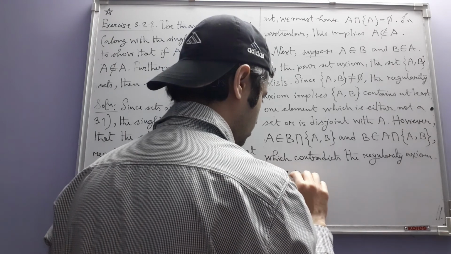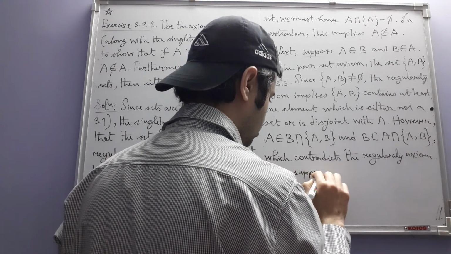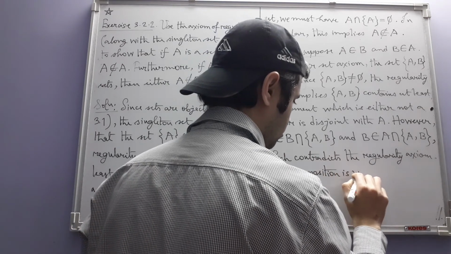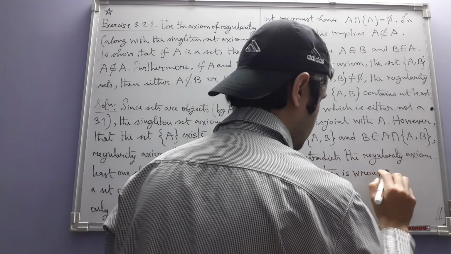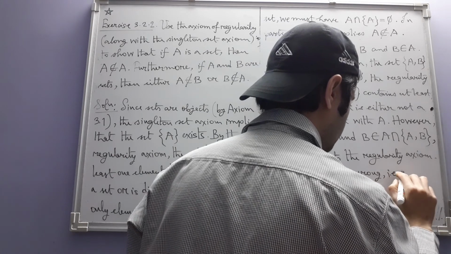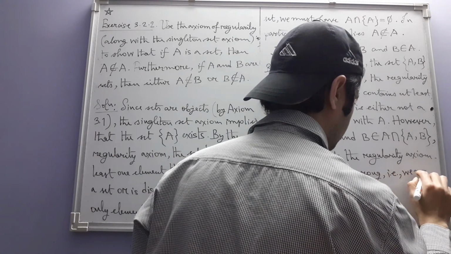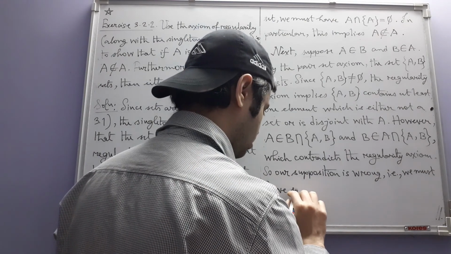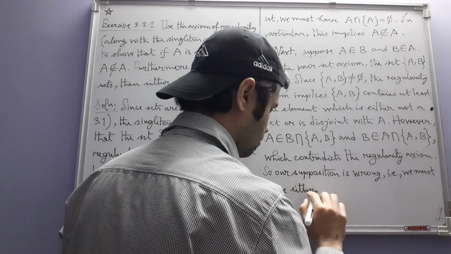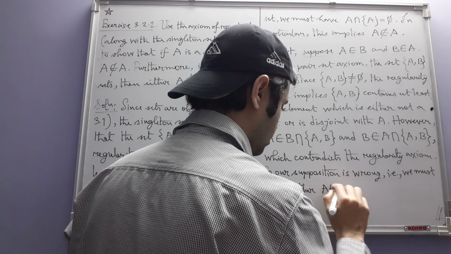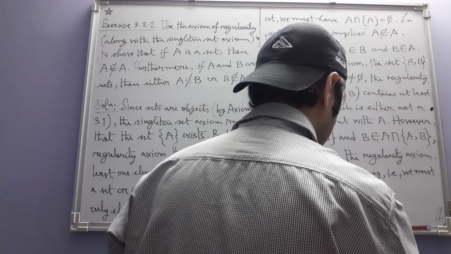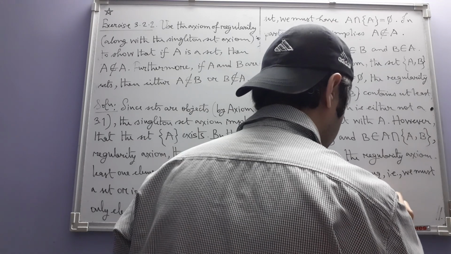So our supposition is wrong, that is, we must have either A not an element of B or B not an element